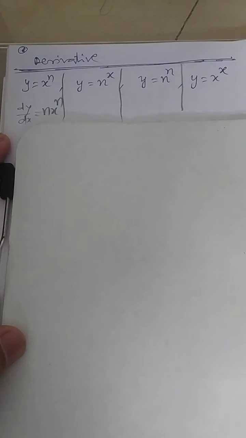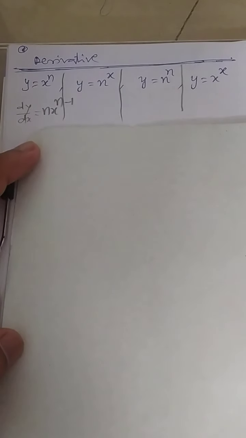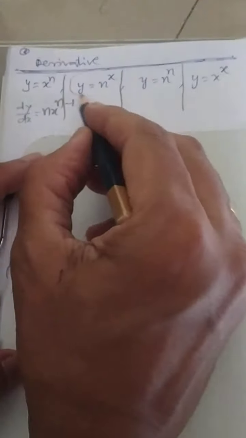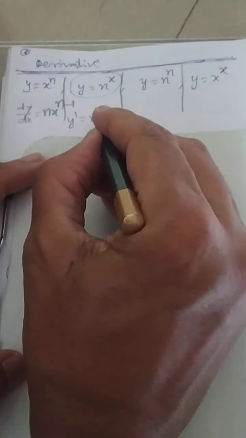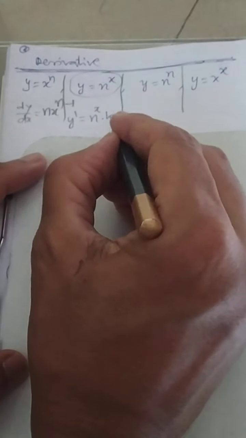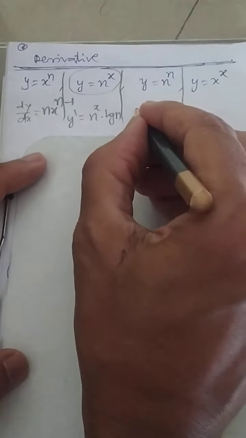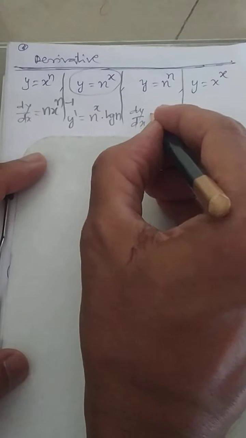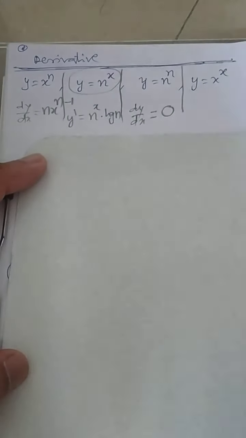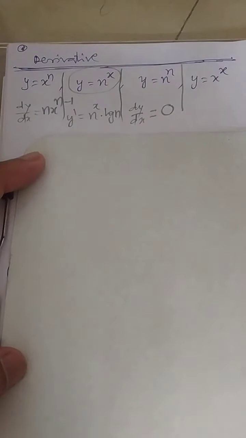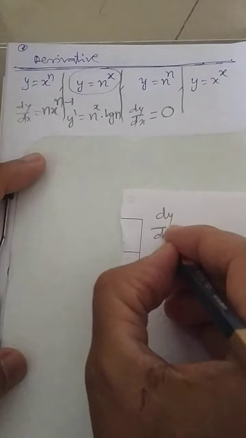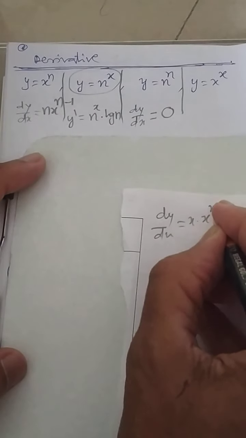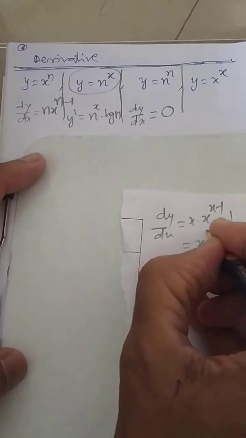The first answer, which is known to you, will be like this. Derivative of x raised to power n is nothing but n into x raised to power n minus 1. Similarly, if you wish to answer this question, its derivative will be a raised to power x, which means a log of a. What will be the derivative of this, dy by dx? It is a constant, so it will be 0. And in case you wish to answer this question, you cannot write dy by dx as x into x raised to power x minus 1 and get the same answer.